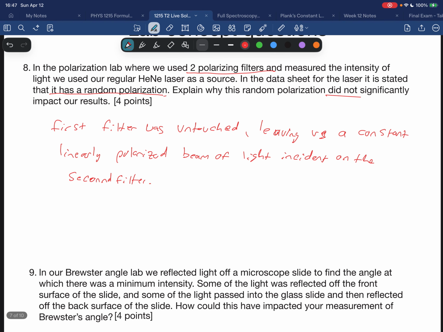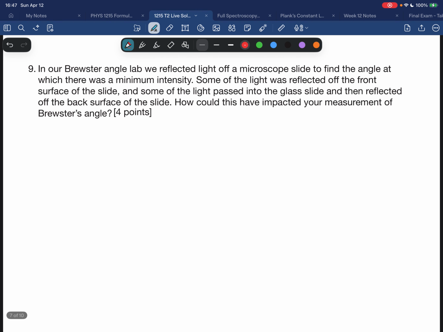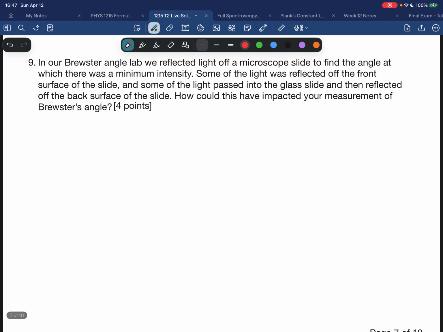Great. Number 9, in our Brewster angle lab, we reflected light off a microscope slide to find the angle at which there was minimum intensity. Some of the light was reflected off the front surface of the slide, and some of the light passed into the glass slide and then reflected off the back surface of the slide. How could this have impacted your measurement of Brewster's angle? So what this is talking about